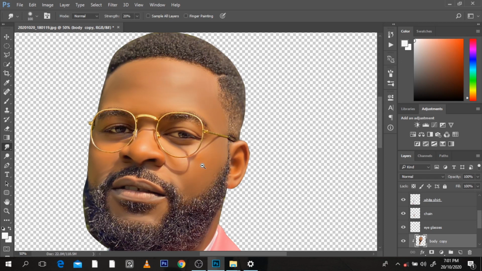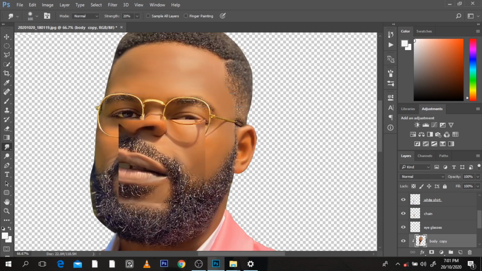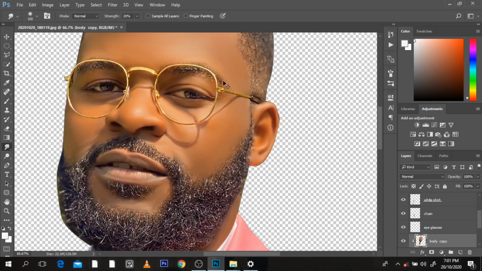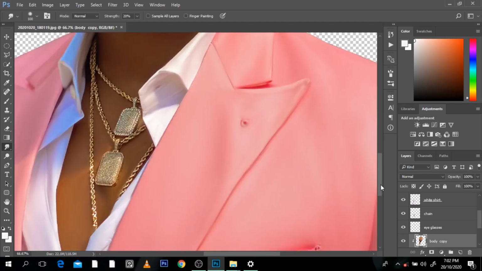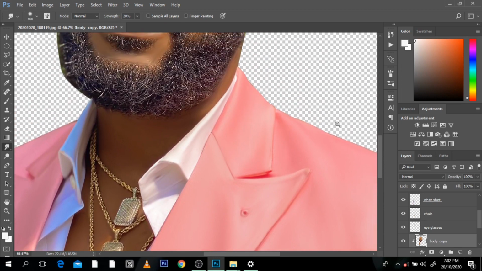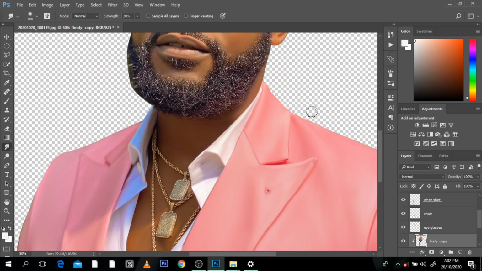Now this beard, I'm going to use the oil paint on this beard and the glasses, whereas for the suit and other parts I've smudged it. Now the basic aim of using the smudge brush, now this is the brush,